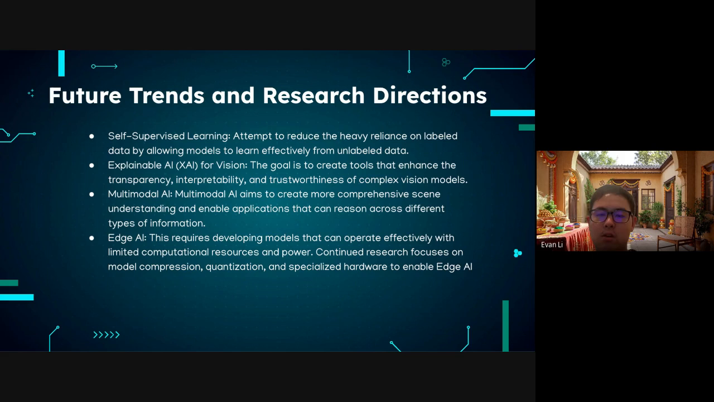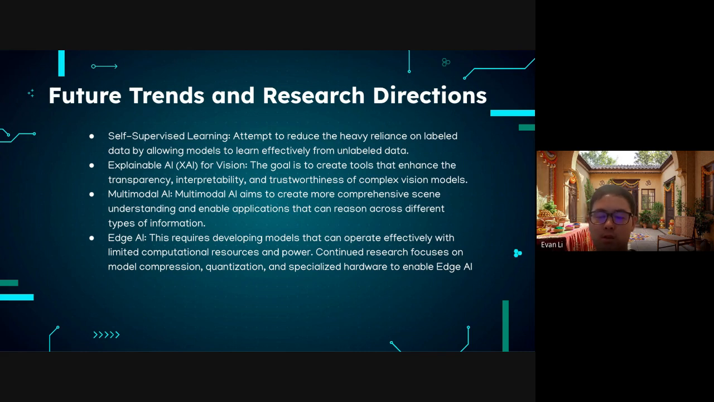Explainable AI is another crucial, rapidly expanding research area. As we entrust more critical tasks to computer vision systems, the need for transparency and interpretability becomes paramount. XAI research in vision focuses on developing methods and tools that can provide human-understandable insights into the decision-making processes